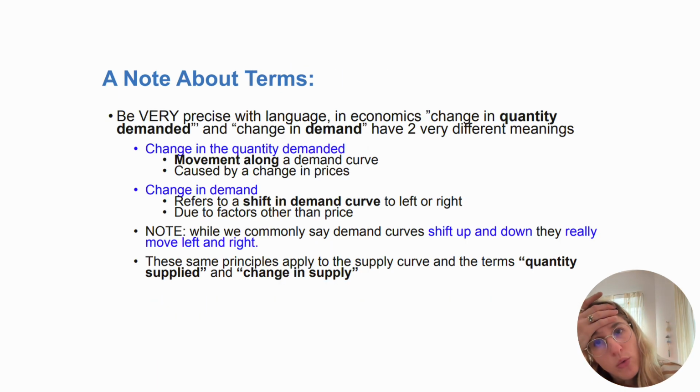Okay, so here it's just a reminder to be very precise with your language when you're talking economics, because small differences in phrasing actually mean very different things. So a change in quantity demanded means movement along the demand curve. And it's always triggered by a change in the good's price. So for example, if apples drop from 50 cents to 20 cents, people buying more apples,